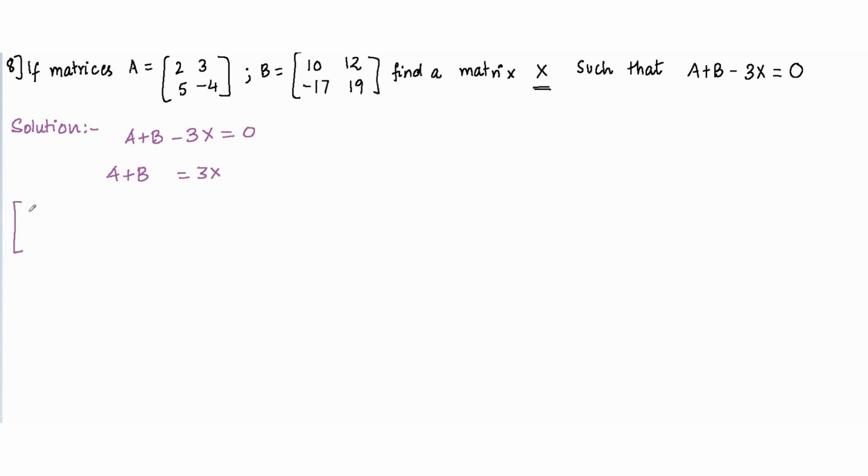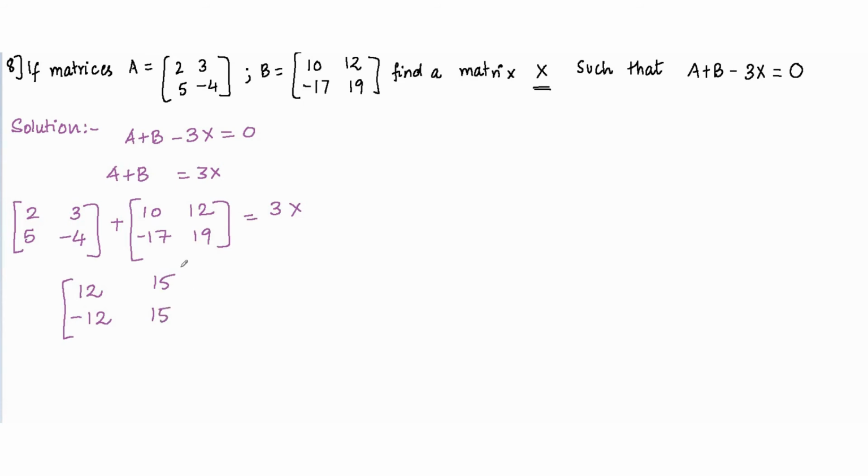Let's take the matrices A and B. So 2, 3, 5 and negative 4 added to the matrix B, which is 10, 12, negative 17 and 19 is equal to 3 times x. So now I have to add the corresponding elements. 2 plus 10 is 12, 3 plus 12 is 15, 5 minus 17 is minus 12 and minus 4 plus 19 is 15. This equals 3 times x, which implies, so now that I have 3x, 3 is in multiplication